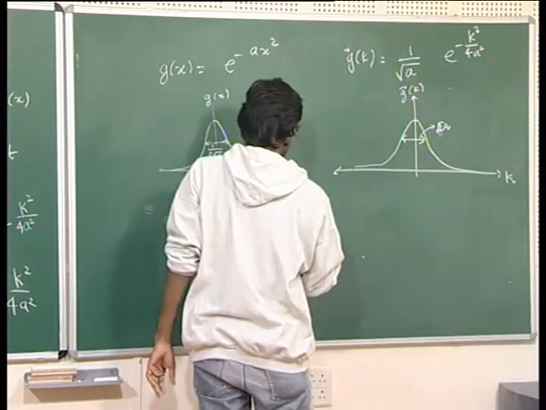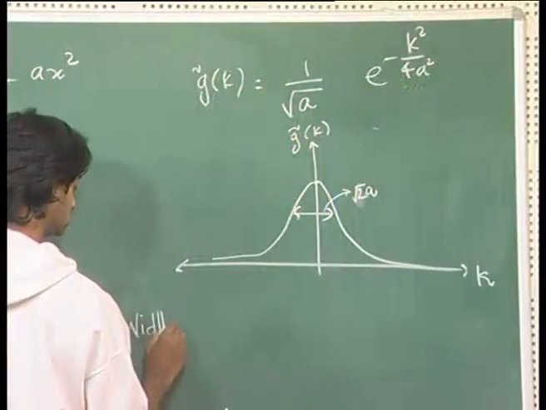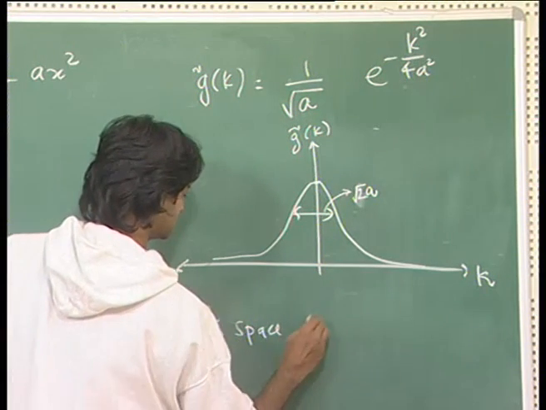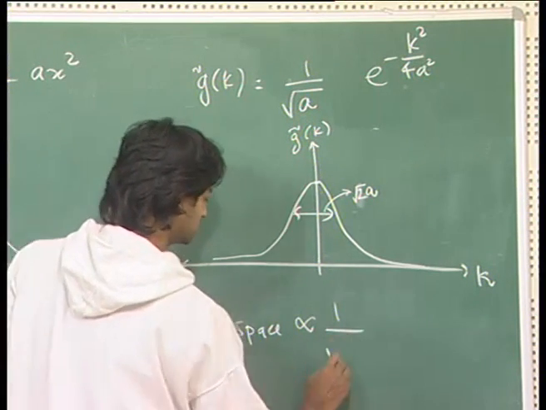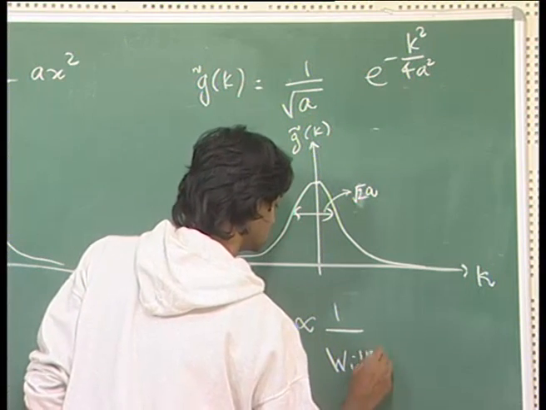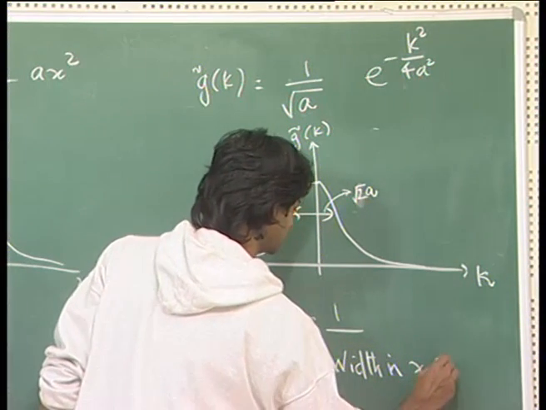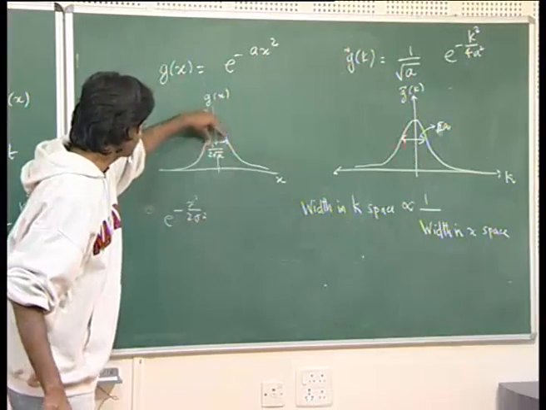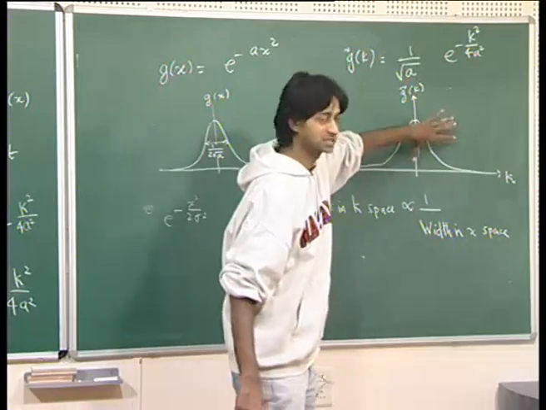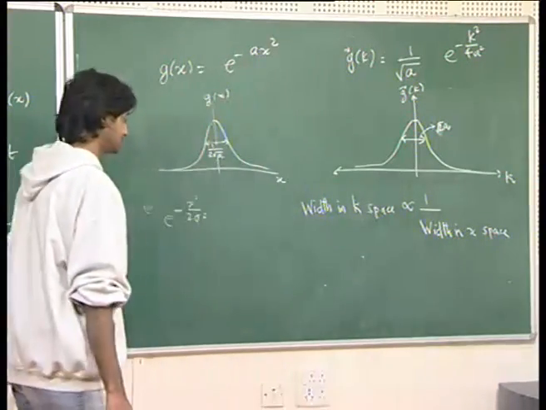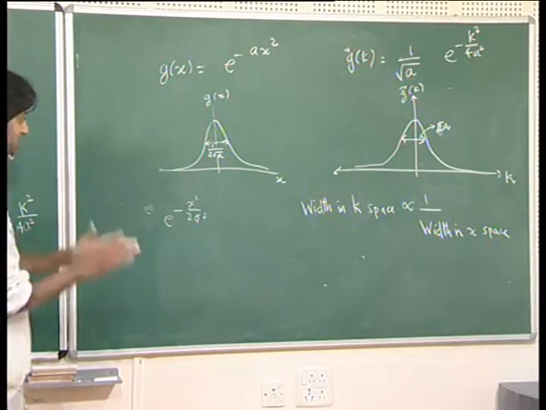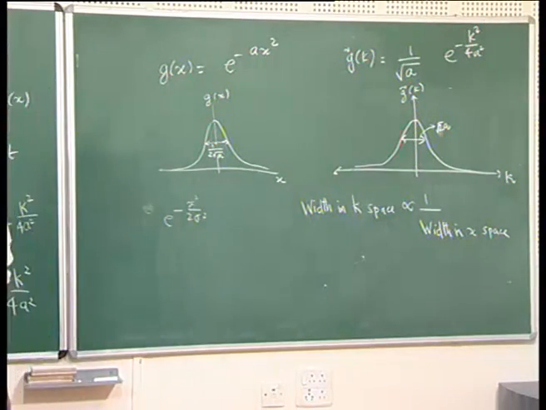Okay, so that means width in K space is inversely proportional to width in X space. Okay, so if you have a very narrow function in X space, it becomes a very wide function in K space, and vice versa. Okay, so if you have a very wide function in X space, it becomes a very narrow function in K space. Okay, an extreme example of this is